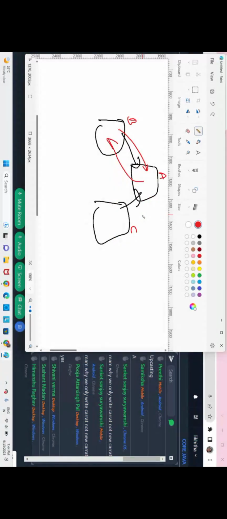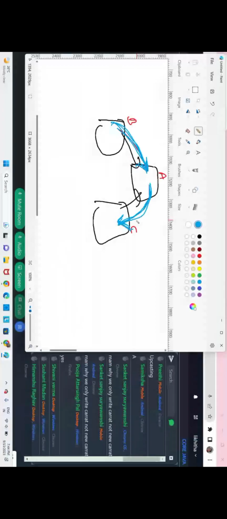But here we have one problem. The problem is, if you upcast from class B to class A, and you are not downcasting to class B, but you are downcasting to class C. That means upcasting is from one class and downcasting is to another class. So this is what we call these things. If you're upcasting from one class and you'll be downcasting to one more class,